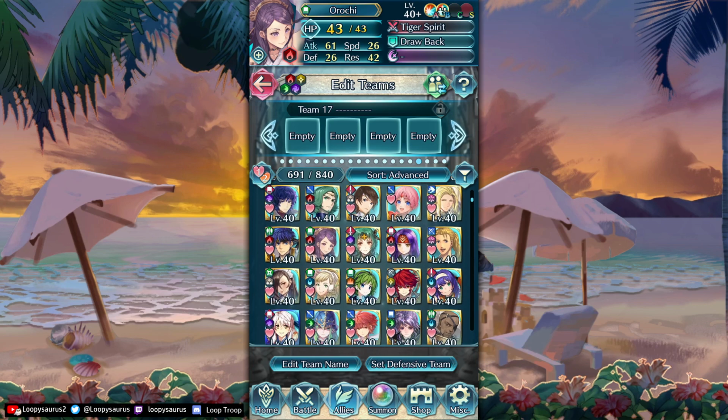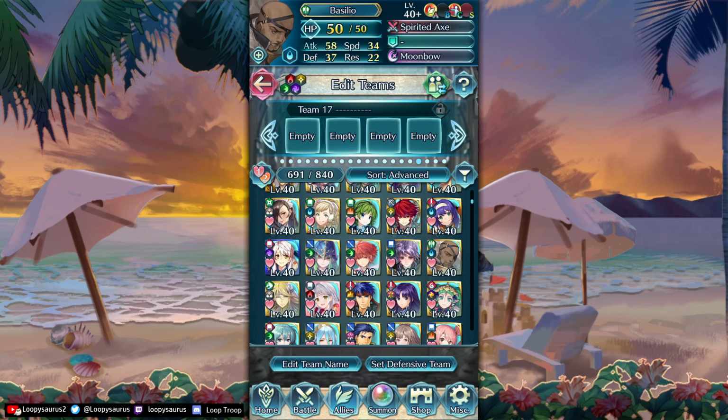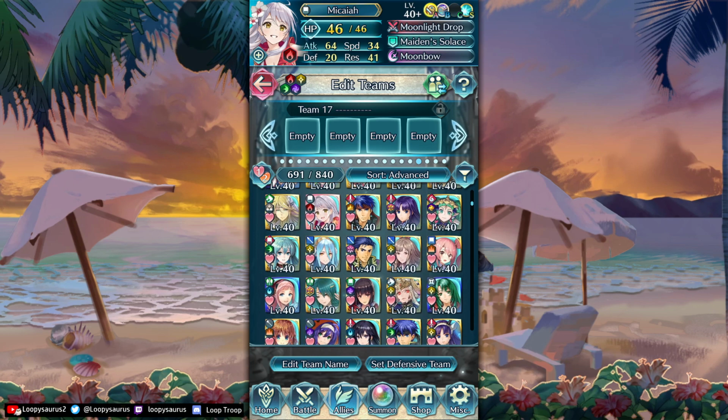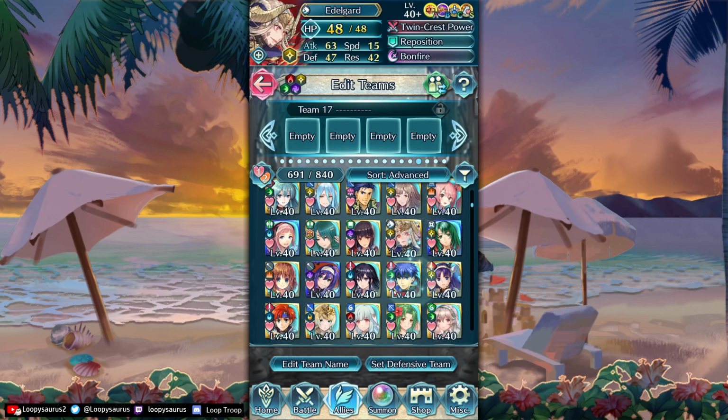Orochi, I need more copies. Basilio, I have enough copies, I just need to decide on a build. Summer Micaiah, soon we'll be summoning for her. And that might actually be it for the units that...